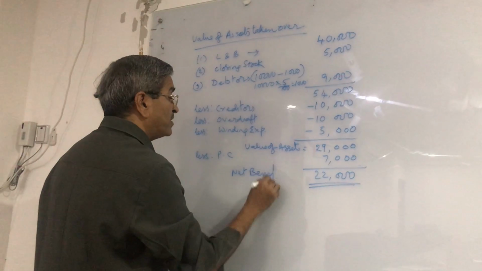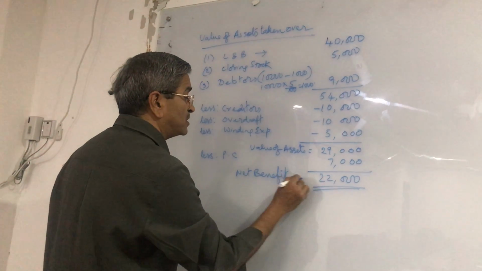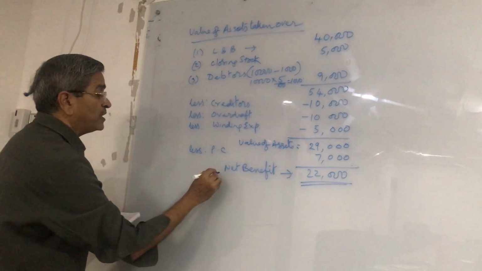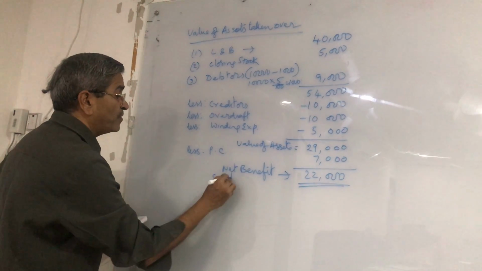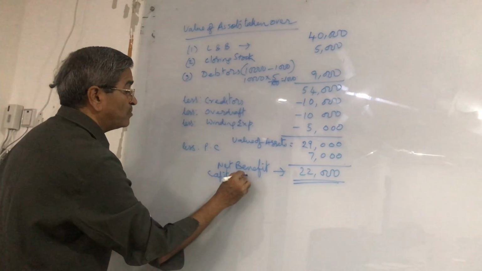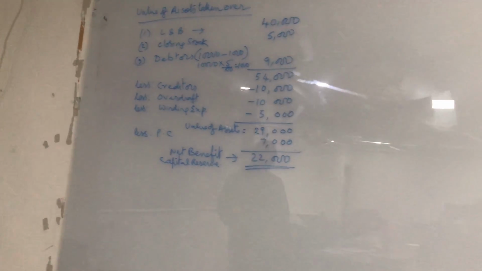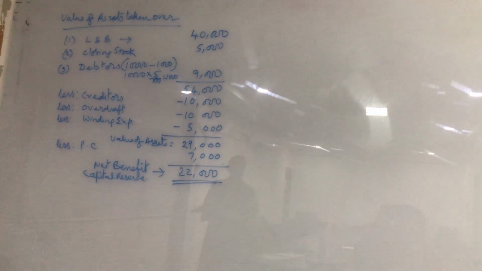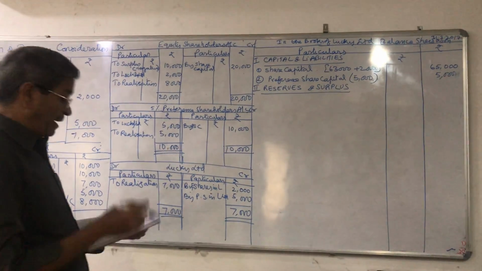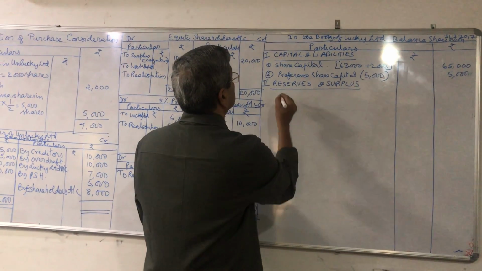This net benefit that you are getting, 22,000, since it is a benefit, we transfer it to capital reserve. That means our capital reserve must be added to the extent of 22,000. So 22,000 is the capital reserve. So we need to show in the balance sheet the capital reserve